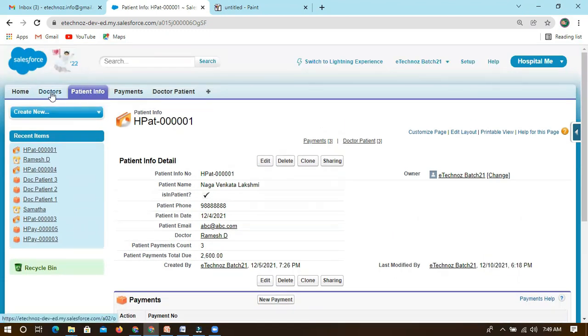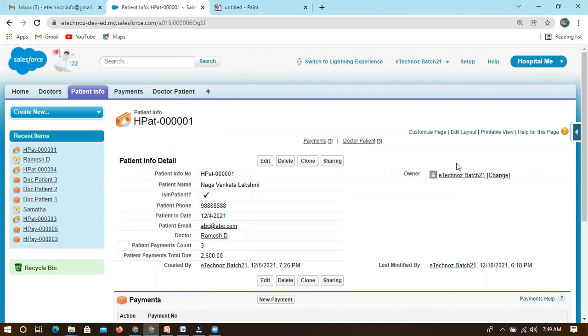In this case, this is the child and this is the parent. Likewise, we have also created this one, this is the child and this is the parent. So if you want to convert this lookup to master detail from payments, you have to go to the payments object, the child object, first, and in that child object you have to convert. So everyone is clear on this point, I guess.